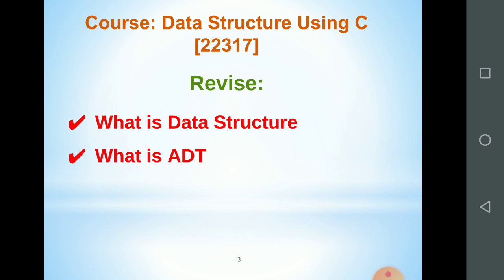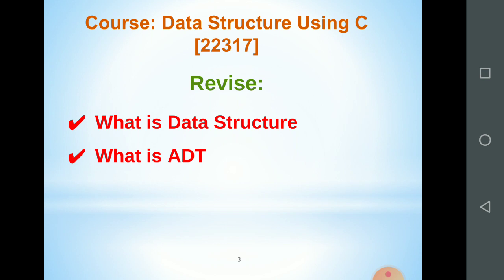After that, the second thing we have learned is what is ADT. Abstract data type or abstract data structure is the second term. Abstract means some contents, the implementation details, are hidden from the user. So when we are implementing new data structures, we have to define different functionalities and different properties of those data structures.